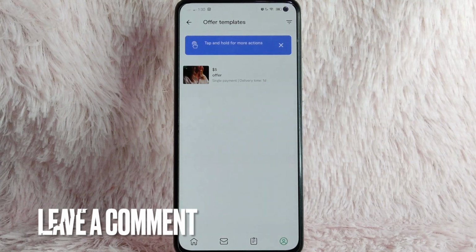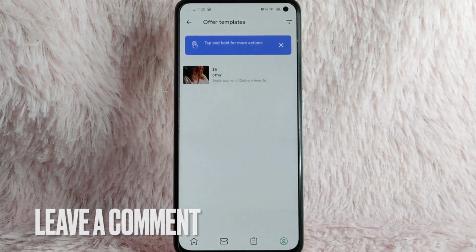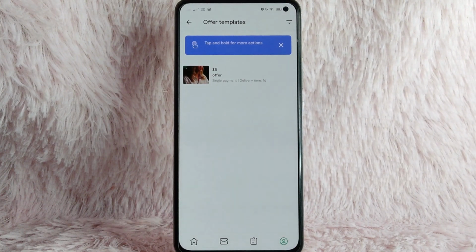There you go. If you wanted to know how to create custom offer templates, that is the easiest way I know how. If you know another way to create an offer